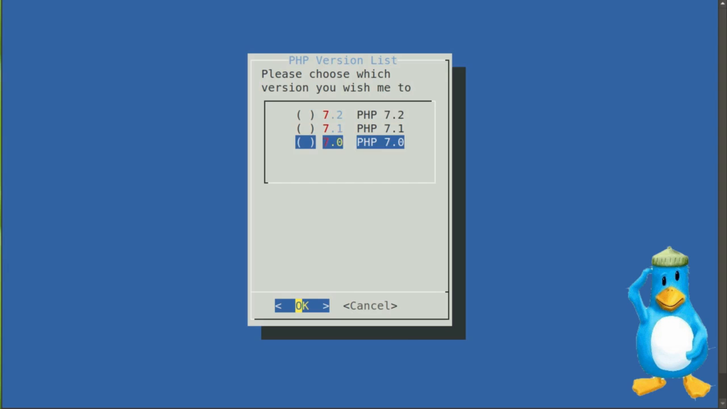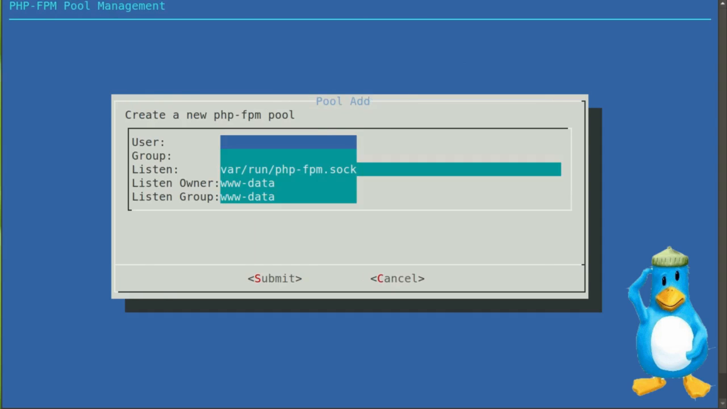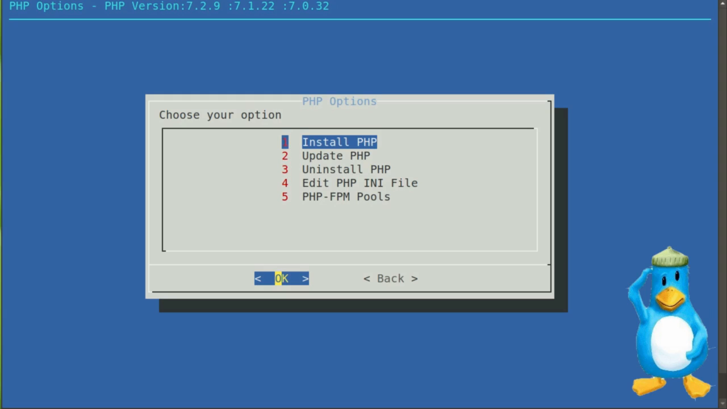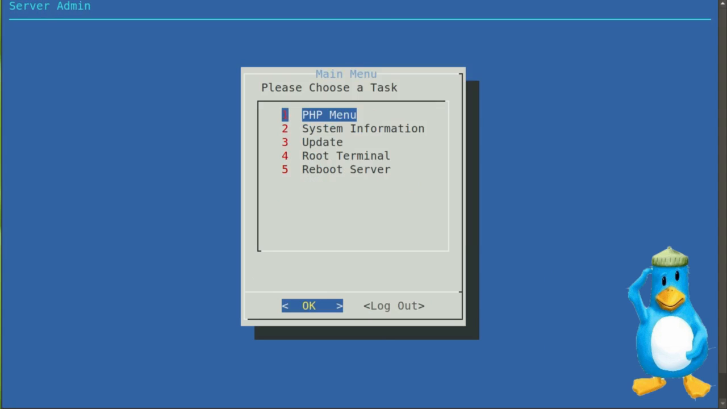We just need to set up our FPM pools for this 7.0. So we select that one, add the pool, and say tutorial, and we want tutorial, and then select submit, and that's set up our PHP. Now just need to make sure that Nginx is set up. As we go back, and we just want a root terminal,